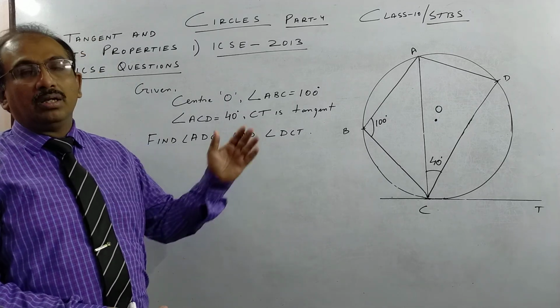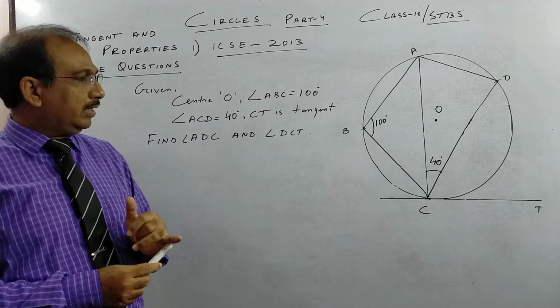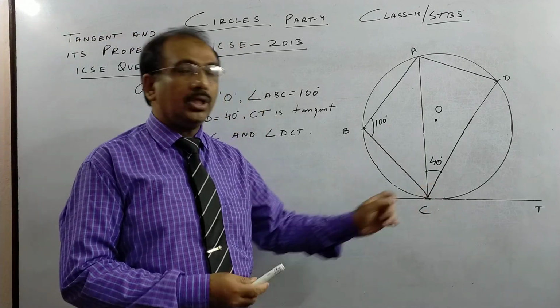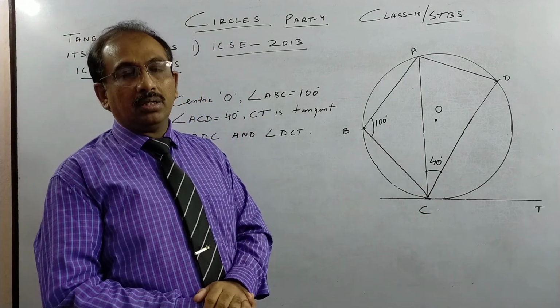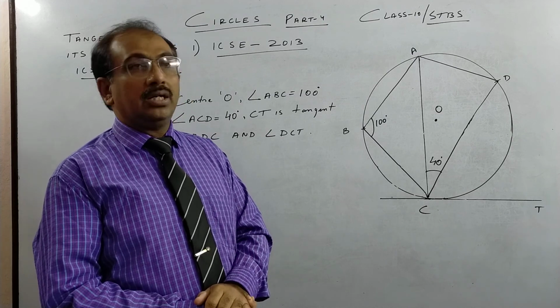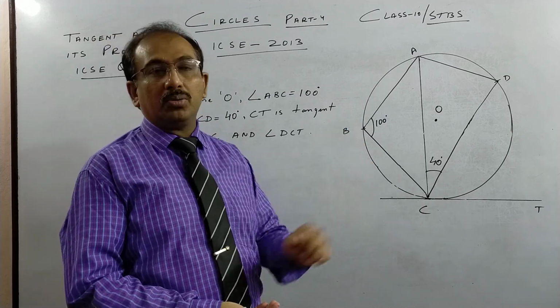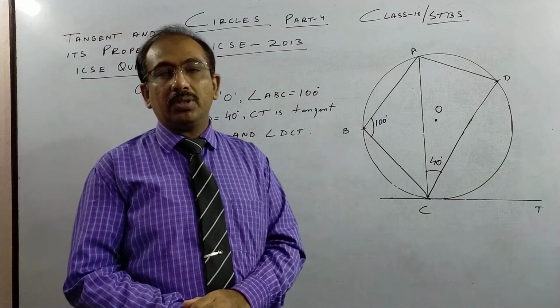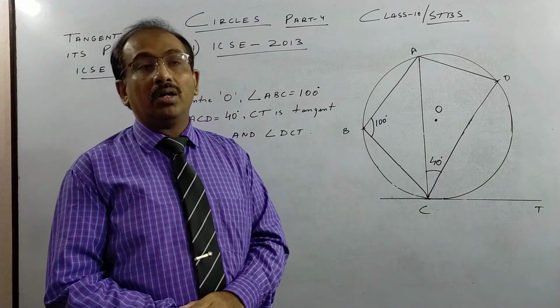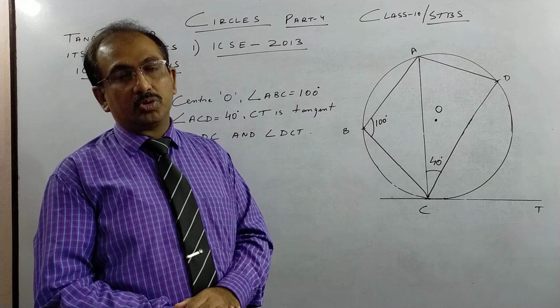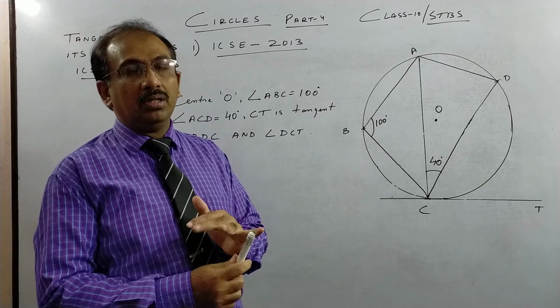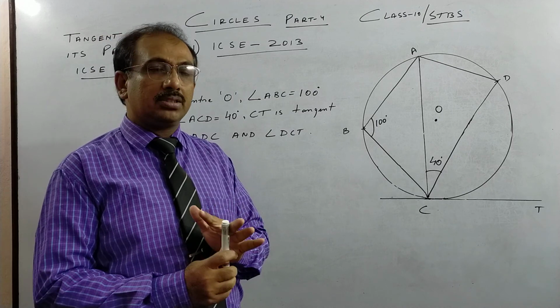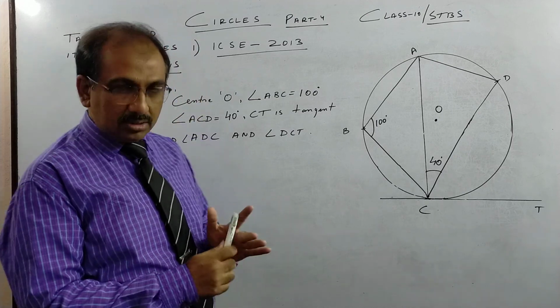They are: a tangent makes 90 degrees with the radius of the circle. Second, from an exterior point there are 2 possible tangents and they are equal. And the third thing, which we will see many times today, is the alternate segment theorem. So these 3 are in the syllabus now: tangents are equal, tangents make 90 degrees, and alternate segment.